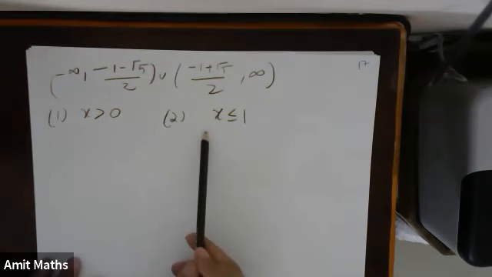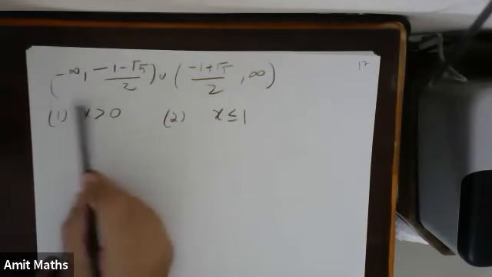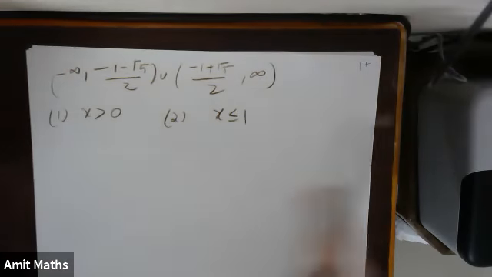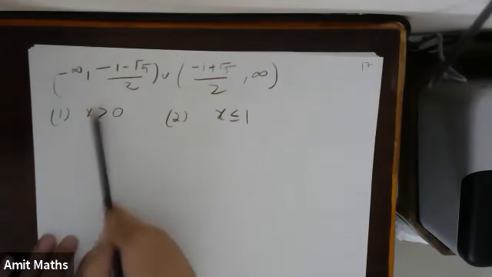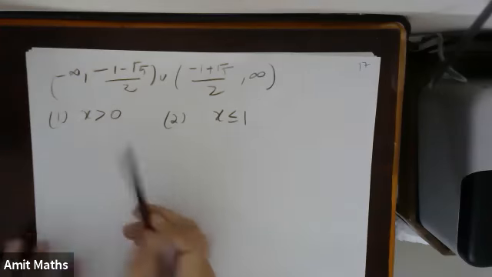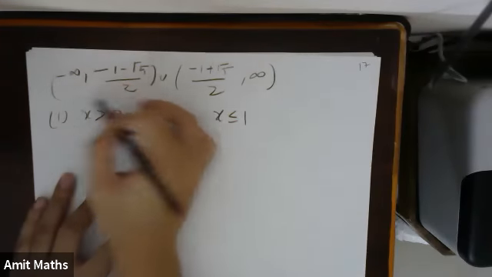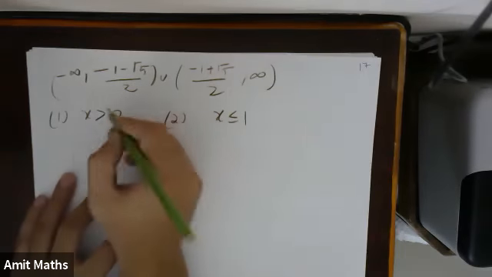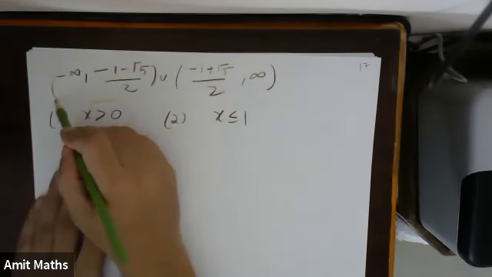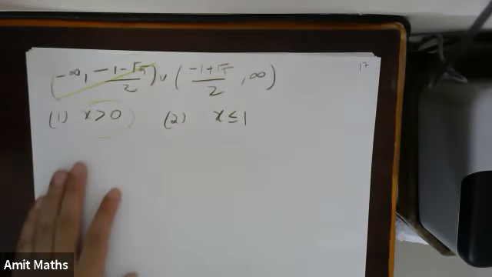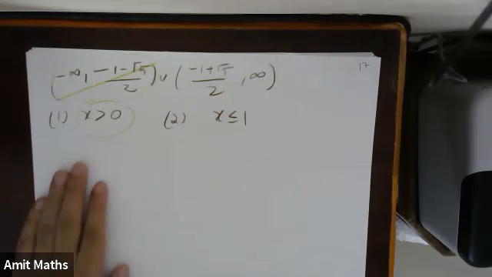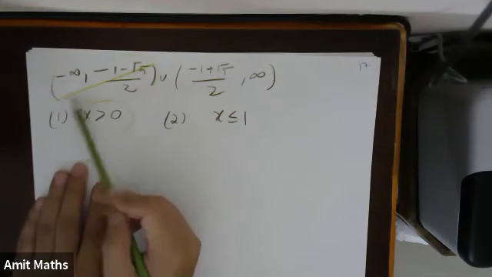this answer I am getting after squaring. That is why I'm getting this big interval. But these were the conditions which I should be using from the initial part. So x should be greater than 0. But from this I am getting solution of x in the negative part also. I am getting this solution by squaring, so that means this part is an extra solution for me. So I will remove this extra solution.